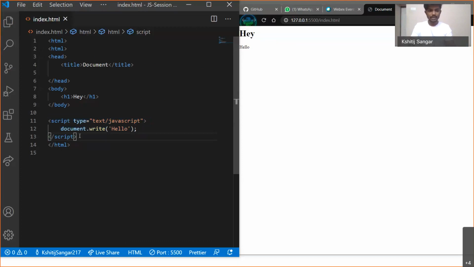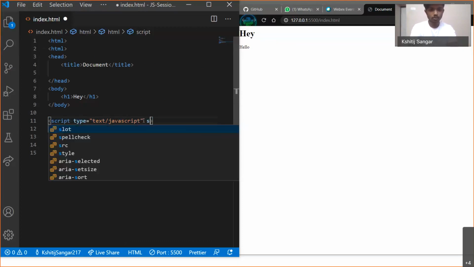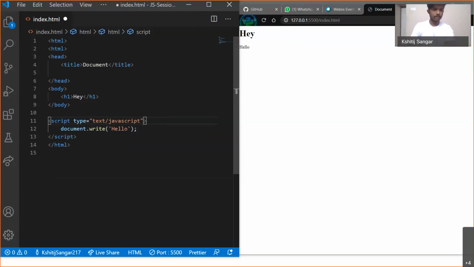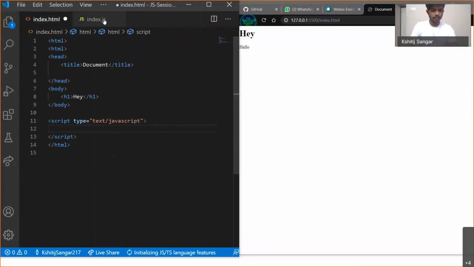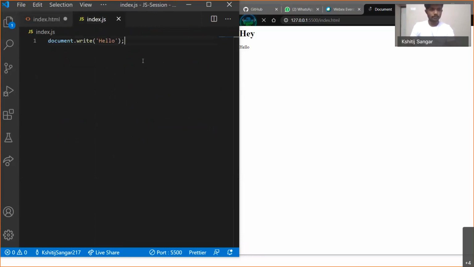And if we write this entire code into another file, that JavaScript file, and then include the link here, that would be an external link, okay? So I'll show you how to create that. Just add the tag src, and first I create the file, and then I show you how to add this. So I'm adding a new file, index.js, okay? And I'll copy this line of code, cut it, and paste it onto this file, okay?